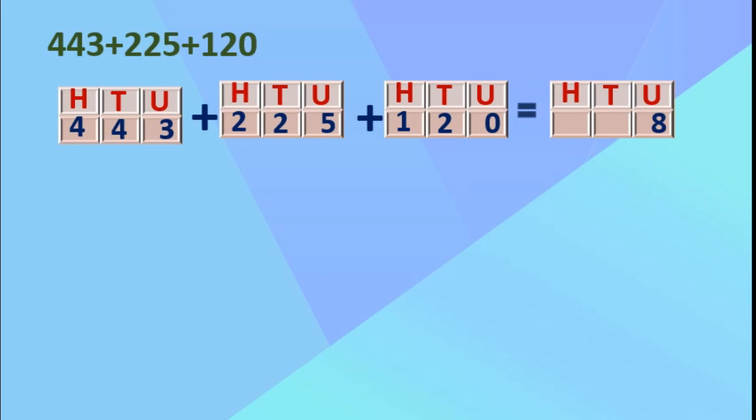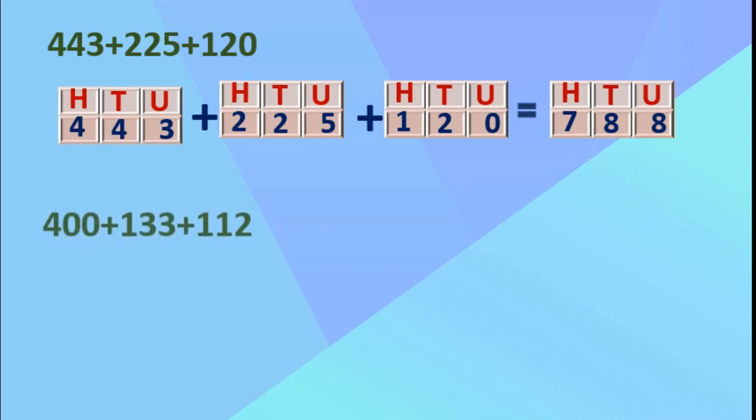Now dear students, move to tens place. Now I will not show arrows here because you know the places and the numbers. Correct? Now where is T? Means tens place. 4 plus 2 is 6 plus 2 is 8. Now we'll move to hundreds place. That is 4 plus 2 is 6 plus 1 is 7.